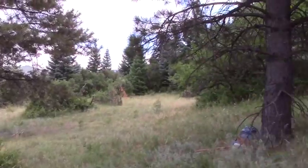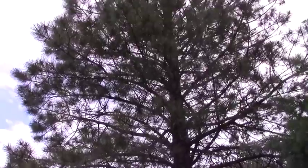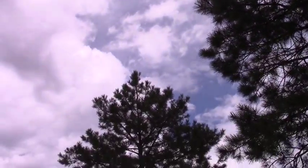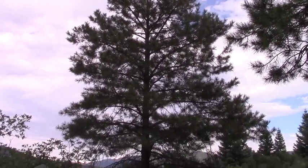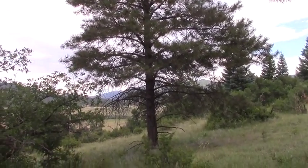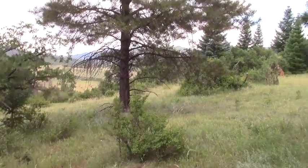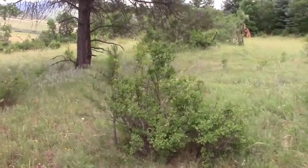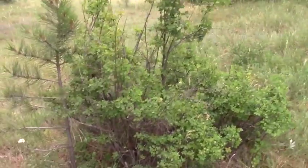So here's ponderosa pine where I've been sitting. See, it's about as tall as it's probably going to get. Ponderosa pines, when they're in the open like this and they don't have to compete for height, will just stay fairly low and not stress themselves with having to move water up that high. But what I did notice, straight in front here, we've got a baby ponderosa pine,